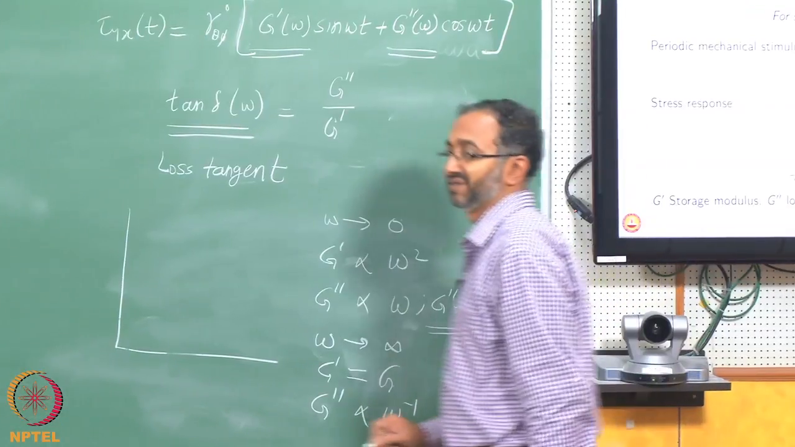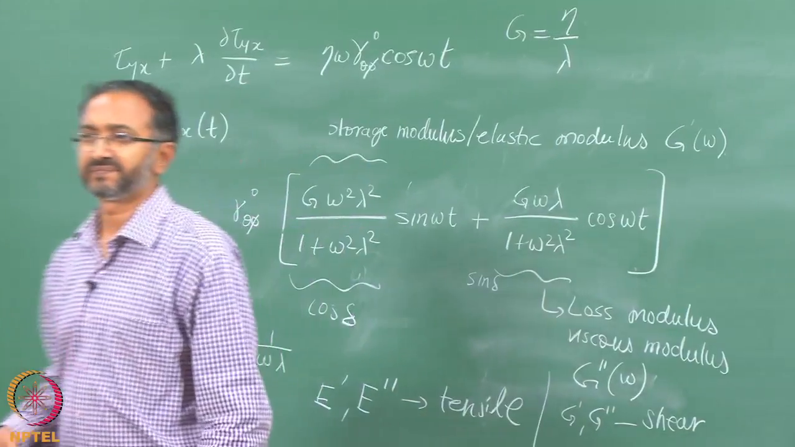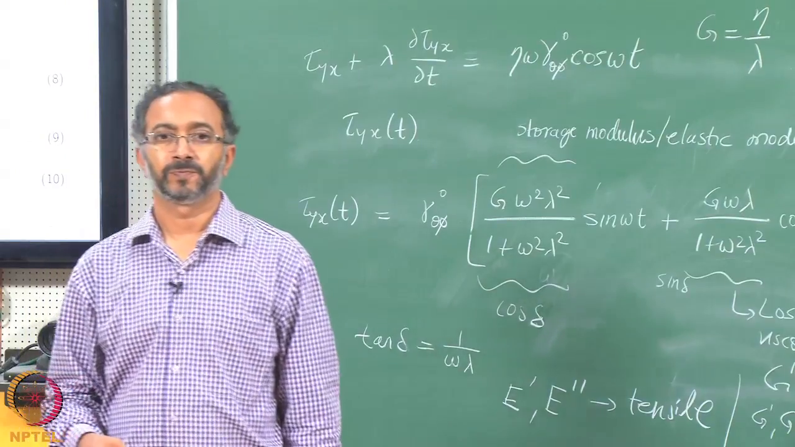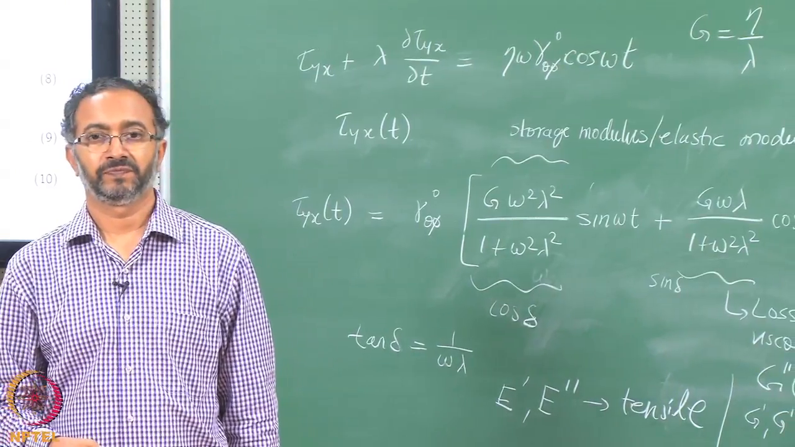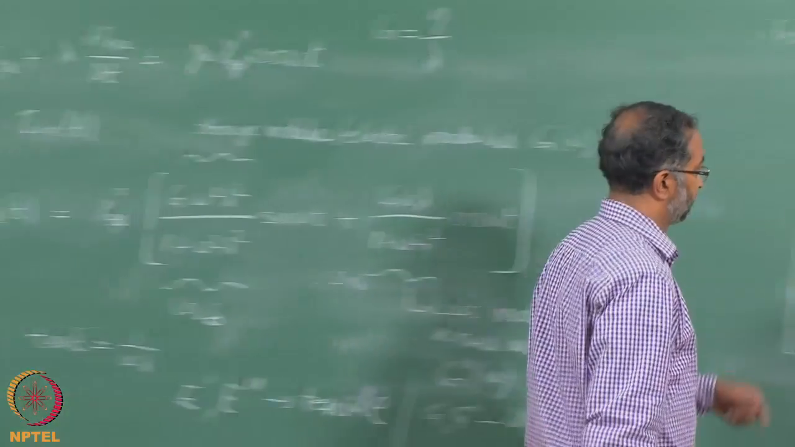So, does this make sense that G double prime is eta omega? So, what we will be able to visualize is